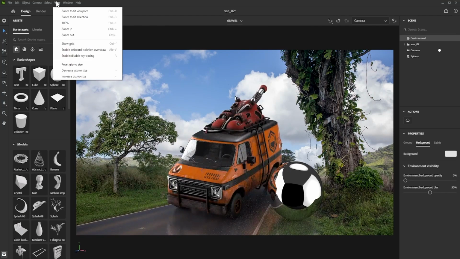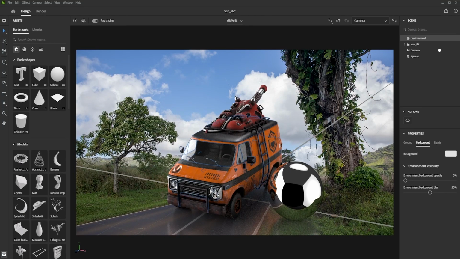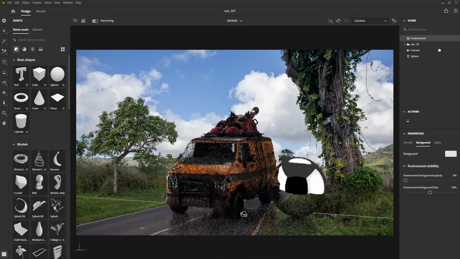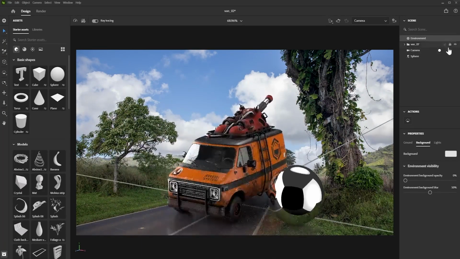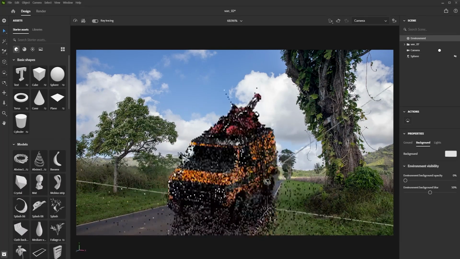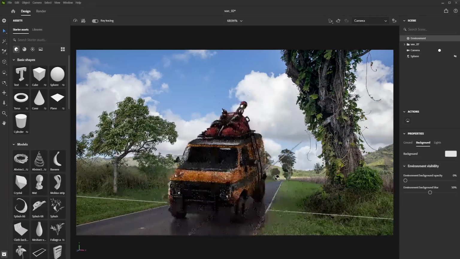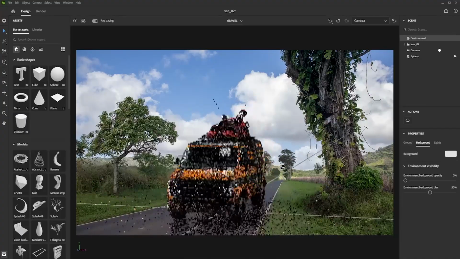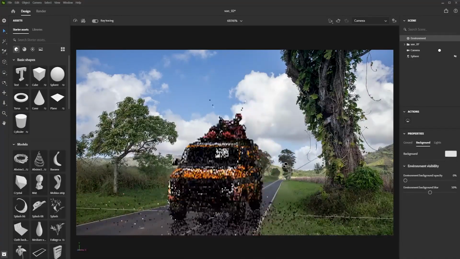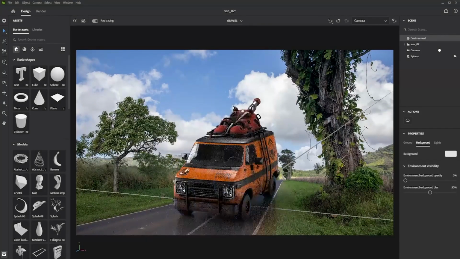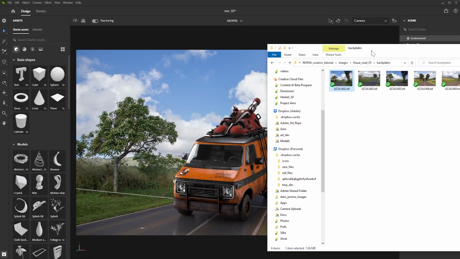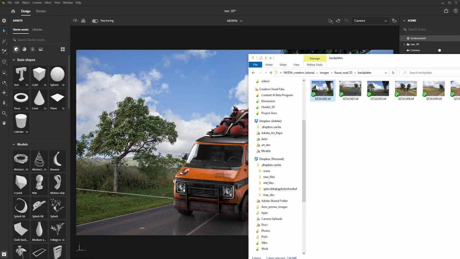So I'm going to go to View and Show Grid once again, because this is going to help me match the perspective of the camera to this photo. Let's hide the sphere just for a second here. Okay. And so there are a couple of ways you can do this. You can just eyeball it. Try to eyeball this position the best way you can. You can also, if you have taken the photo and if you have the original image file,